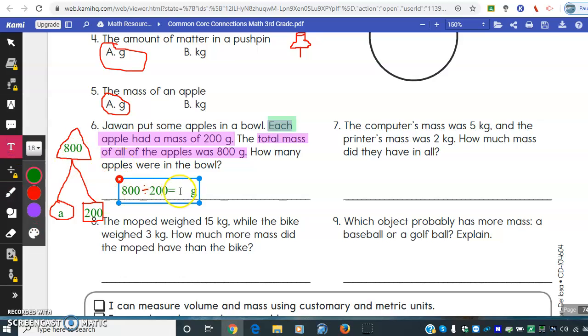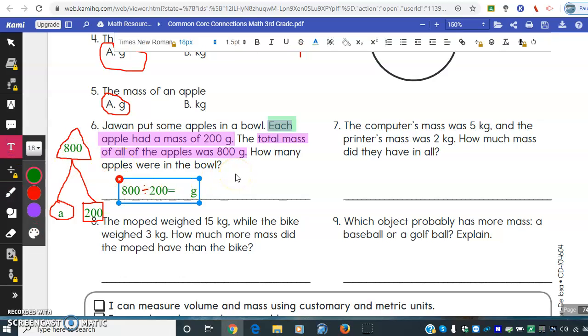Knight. I'm going to put a 4 because 8 divided by 2 is 4. And then I'm going to take those 2 zeros and I'm going to drag them over. But I want you to look at that for a second really closely. If you do that, what you're telling me is, if I write 200 400 times, I'm only going to have 800. Something's wrong here. This doesn't make sense. The reason why it doesn't make sense is because